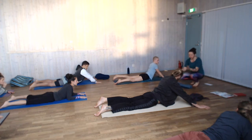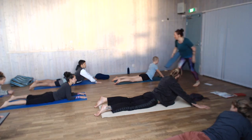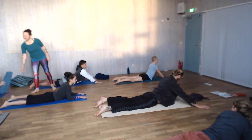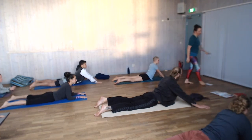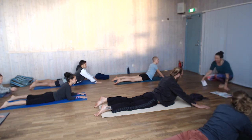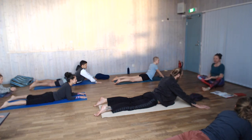Does anybody else want this for the in-between between Sphinx and Seal? You put the mat underneath your arms. You get a little levitation. Absolutely. And so the cool thing is, if you chose Seal and halfway through you're like, I'm going to be crazy, Seal, then just come down to Sphinx. There's no